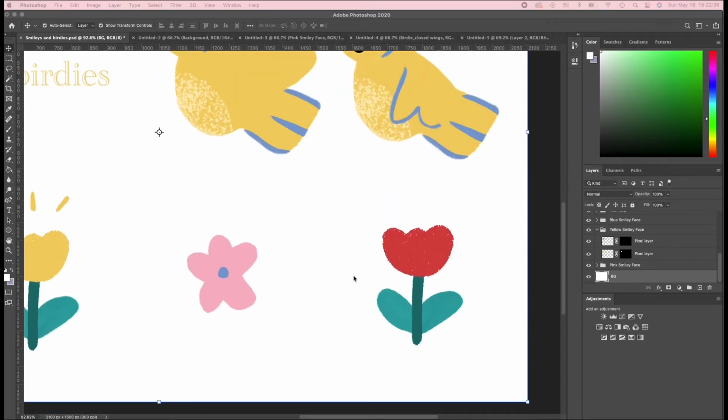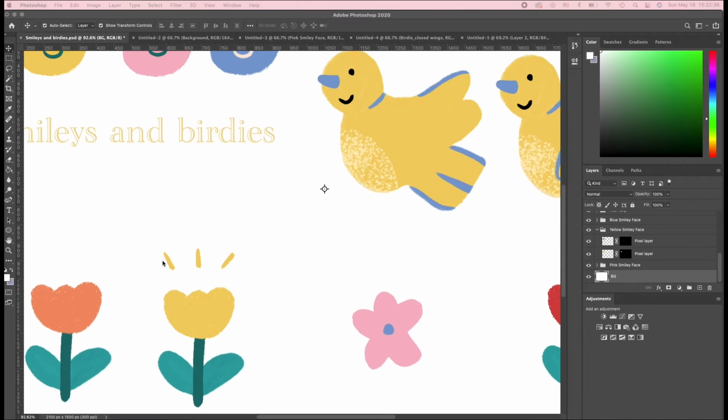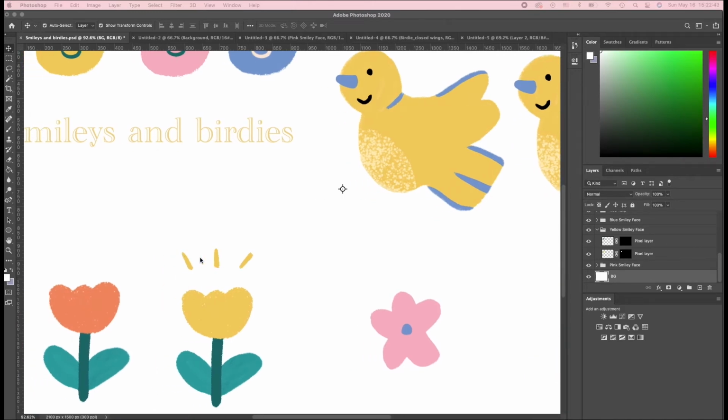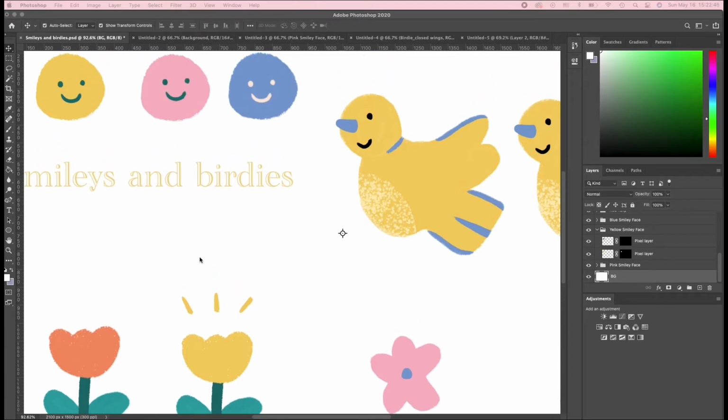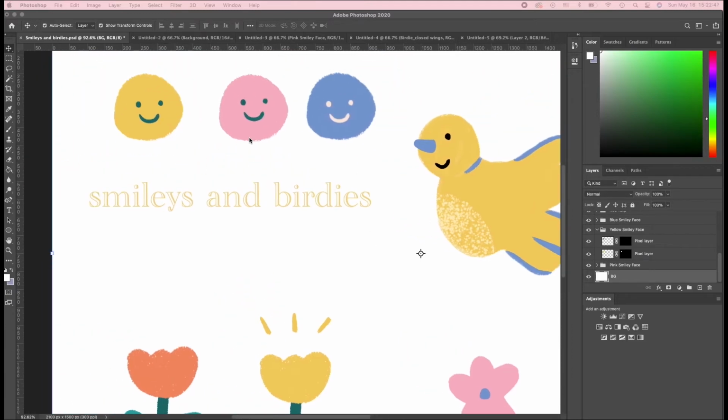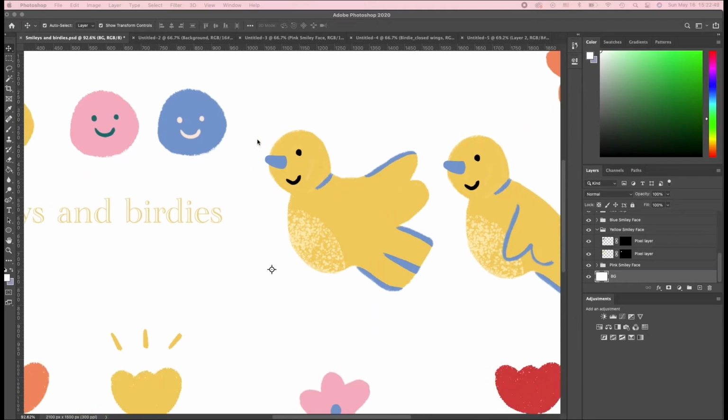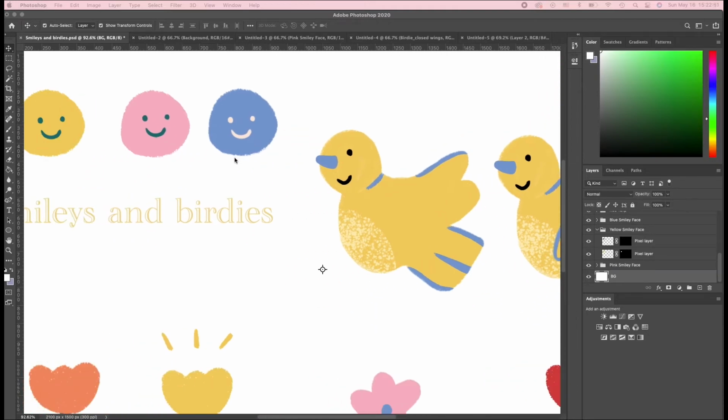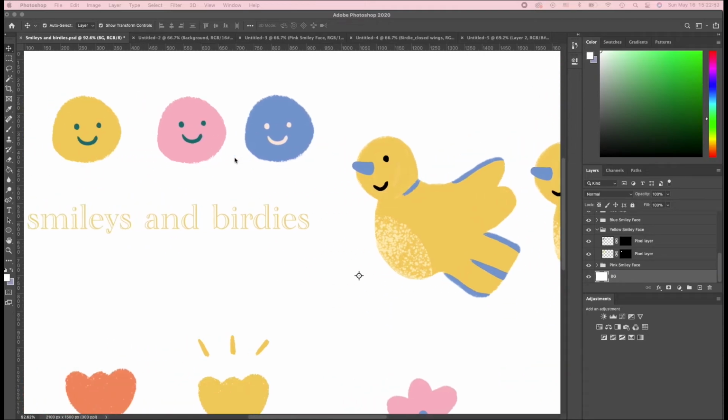And I have tulips, flowers. I added the strokes here just in case I want to make use of that as well. And so these are the assets that I'm going to work with, and you're more than welcome to use whatever